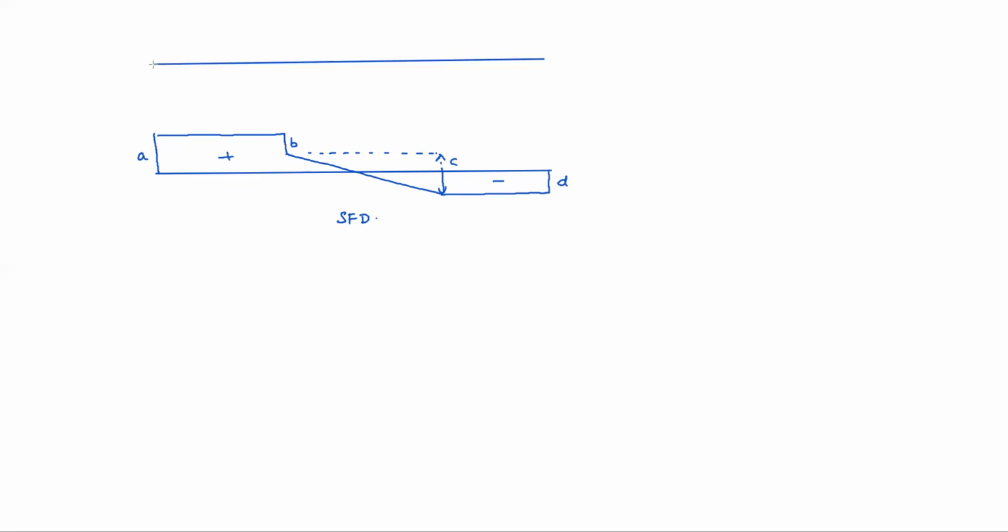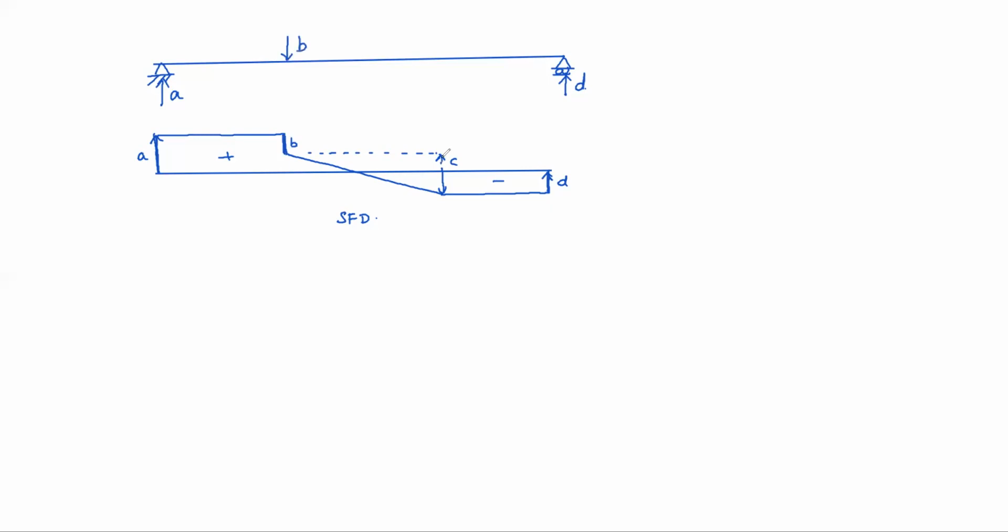How? By seeing itself here, it is actually a simply supported beam, because here upward is there, here also upward is there last. So that indicates it's a simply supported beam. For a simply supported beam only you can see this kind of picture. And see, upward here means that the reaction is A. Similarly here upward, it's going up, means here the reaction is D. And here downward B is there, that means the load is B here.